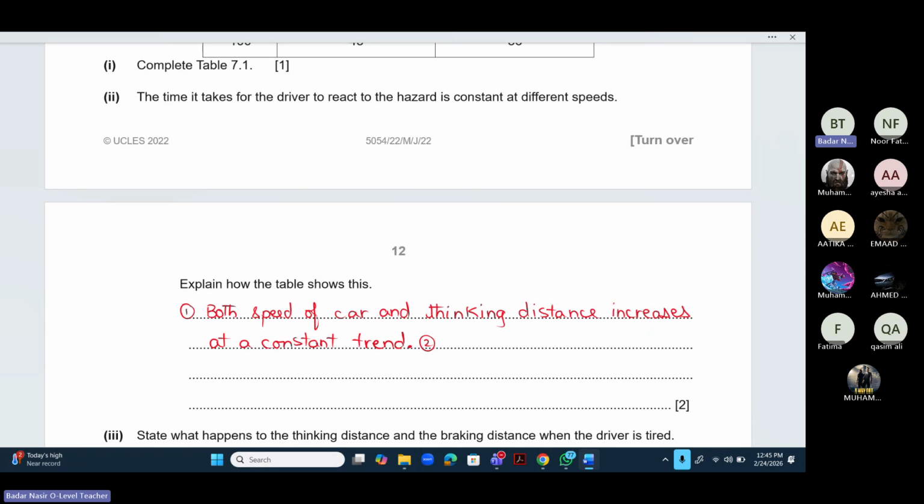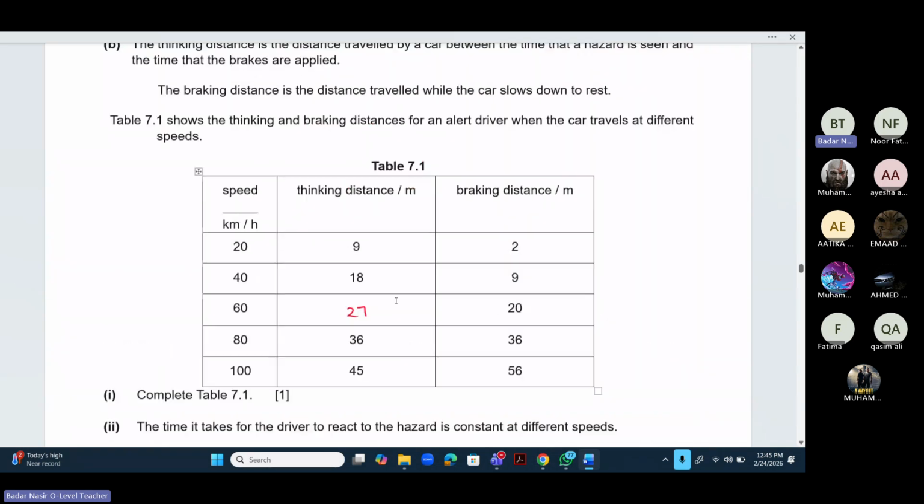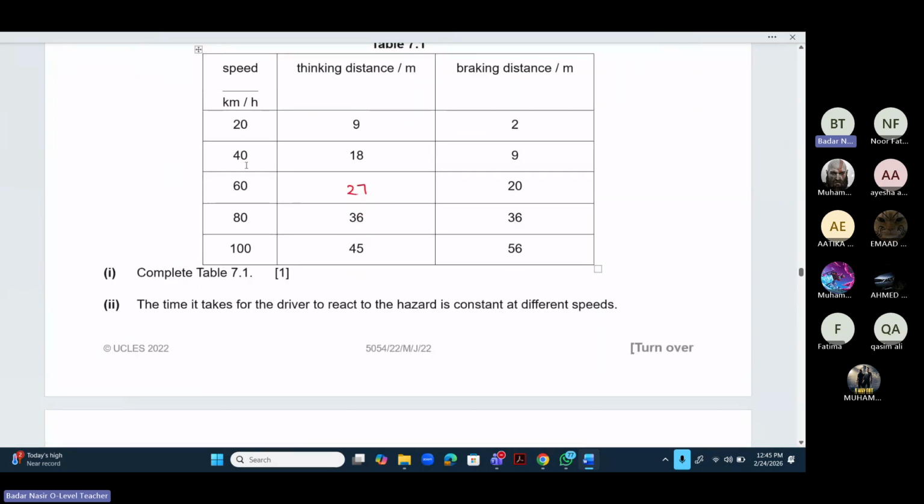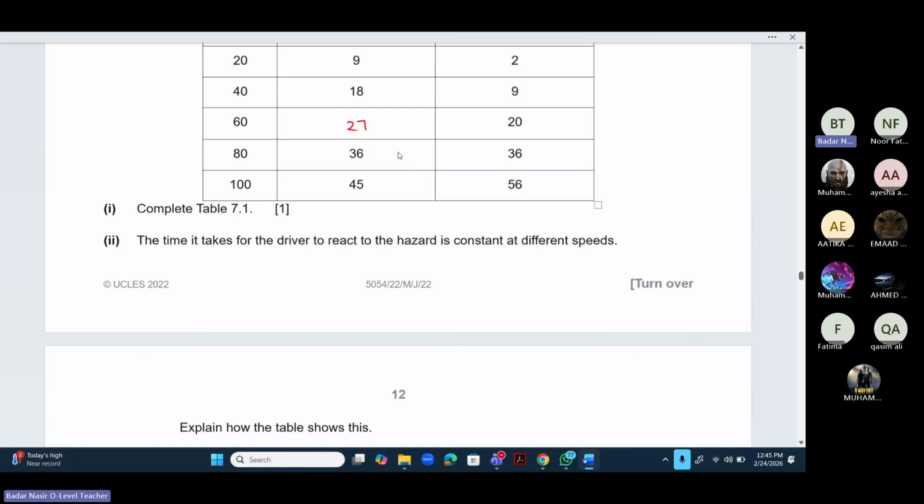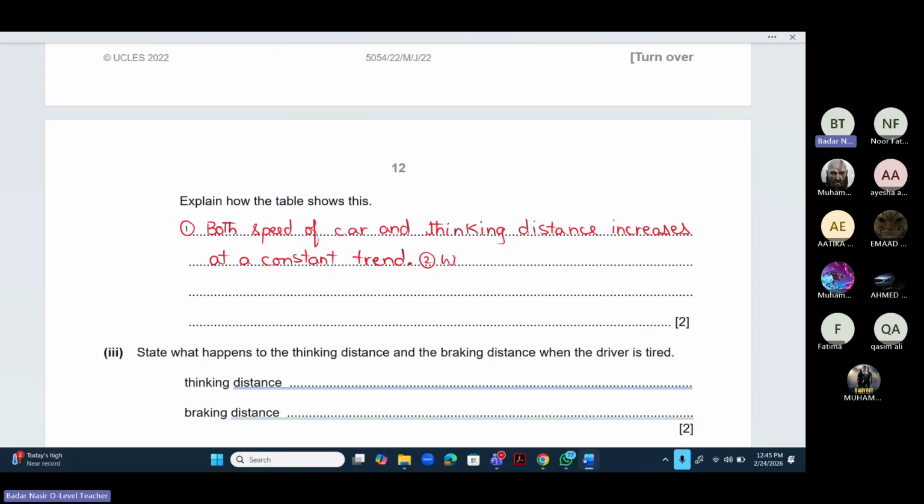वैल्यूज के रिस्पेक्ट से एक्सप्लेन कर दो, ठीक है। सो वैल्यूज की रिस्पेक्ट से मतलब क्या है, आप उसको ये बता दो कि व्हेन द स्पीड डबल्स थिंकिंग डिस्टेंस डबल, ठीक है। व्हेन स्पीड डबल्स, 20 से 40 होता है, सो थिंकिंग डिस्टेंस ऑल्सो डबल्स,